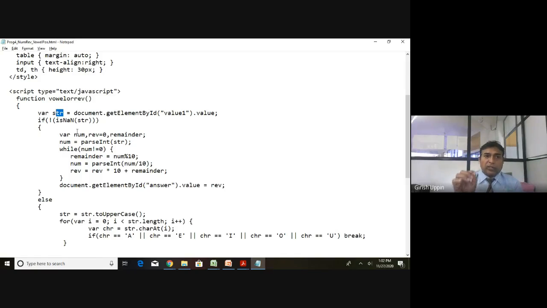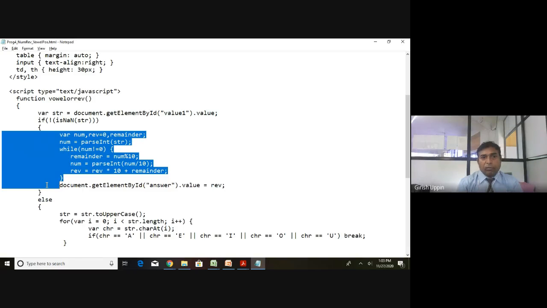Now next, I have to check whether it is a string or not. There is a function isNaN, not a number. This function we used in the calculator, that is the first program. isNaN(str). In this particular case it is 456. Is not a number, 456? It is a number, so the answer is false. And I am complementing that value, so false will become true. So if this given str is a number, it will come in the true block. I hope everybody understood.